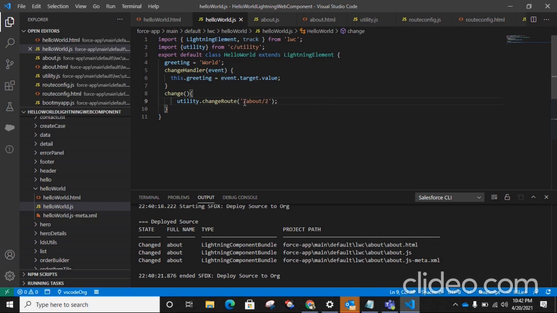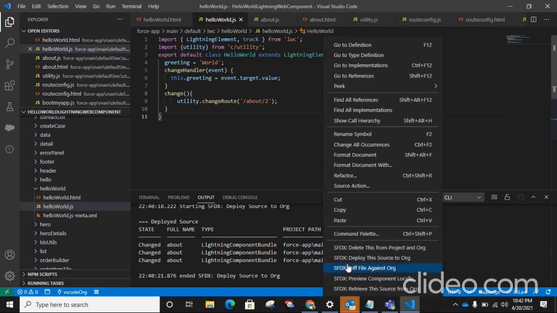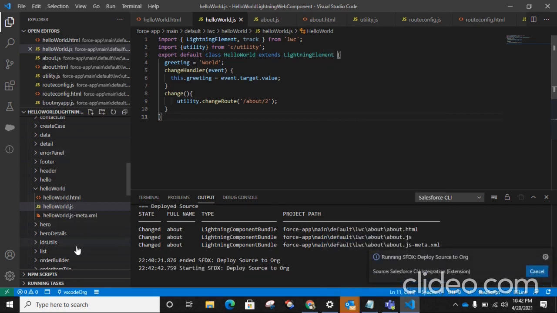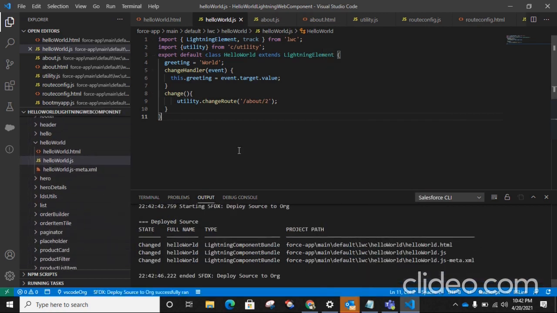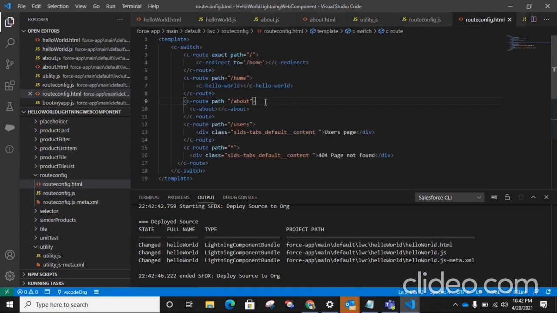For this change we also need to change our route config for the parameter. In the about, we are getting a parameter as an ID, so we just need to write the path like this, and deploy it.